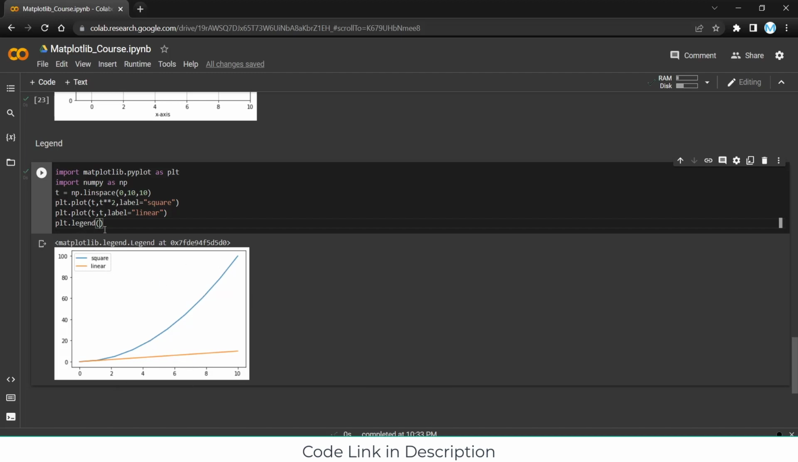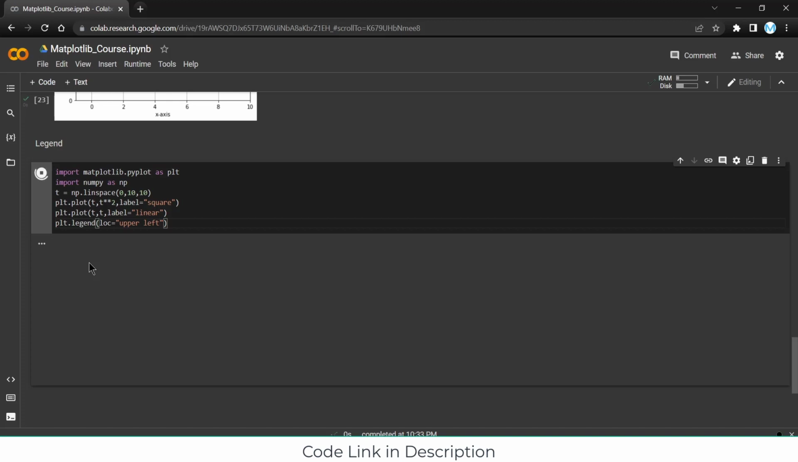Now suppose someone says, hey man, I want to change the location of the legend. So how can I do that? Simply go to the legend, type loc and type whatever you want, upper left. There are some standard names of it. So I recommend please check out the link in the description to see what the standard names are and how to use them as per your requirement. So if I press Control Enter,